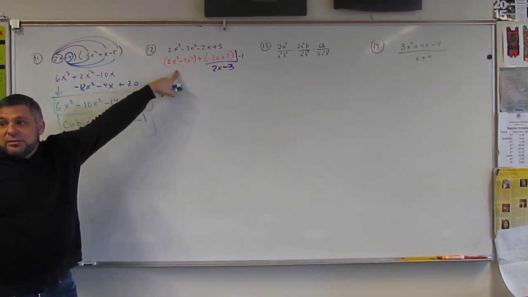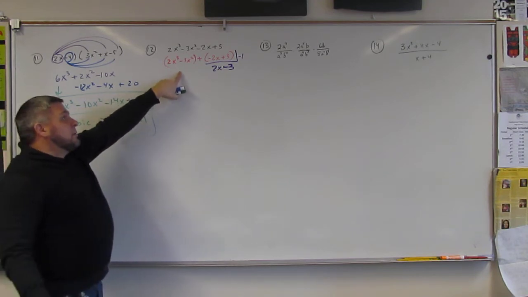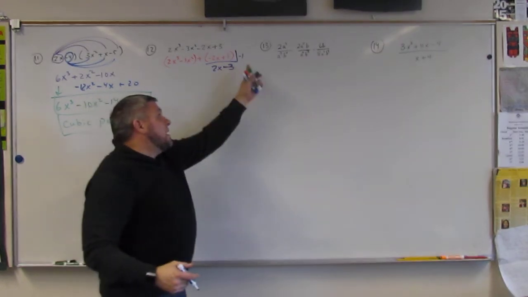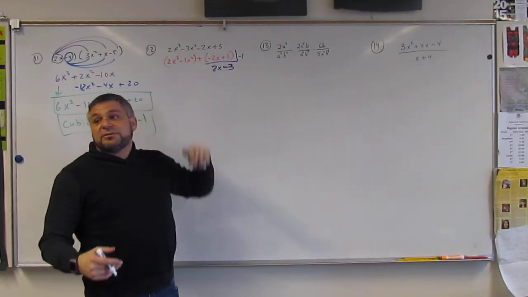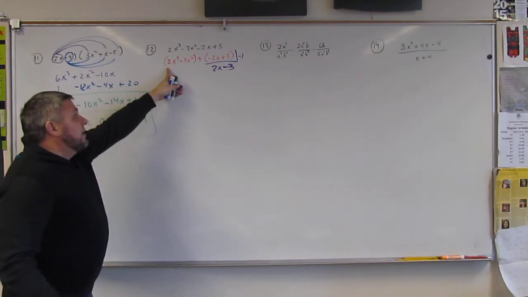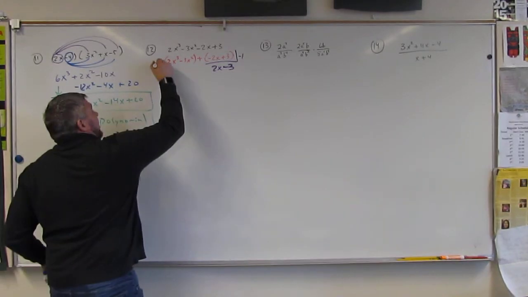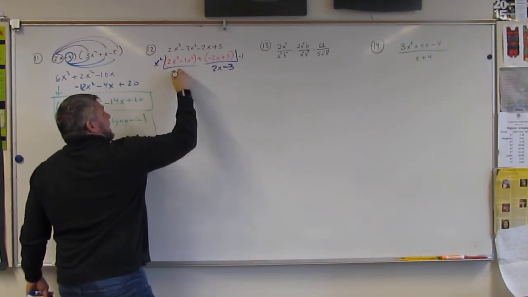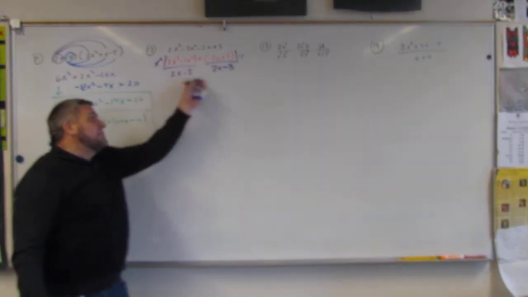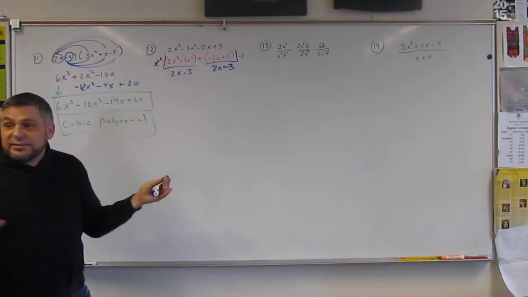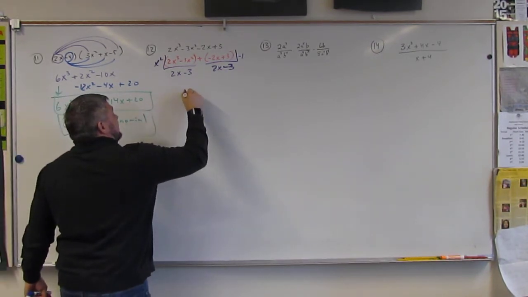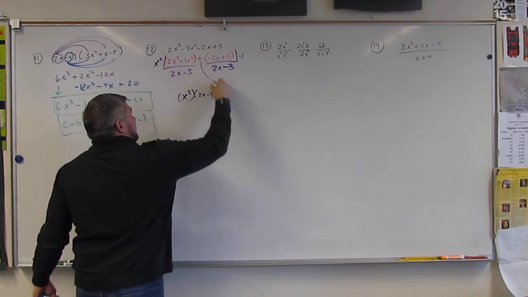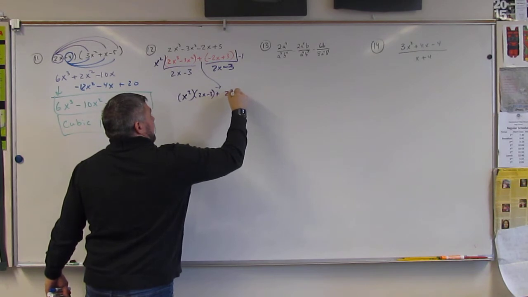If you pulled out a negative 1, wouldn't it just be x? No, remember, dividing. So negative 1 times 2 is negative 2. Oh, yeah, sure. Right? And then here, I'm going to pull out an x squared. What that does is it leaves me with 2x minus 3. So now I have the 2x minus 3 in both of them. That's what I want. So I'm going to rewrite that. X squared times 2x minus 3 plus, because that plus comes down, 2x minus 3